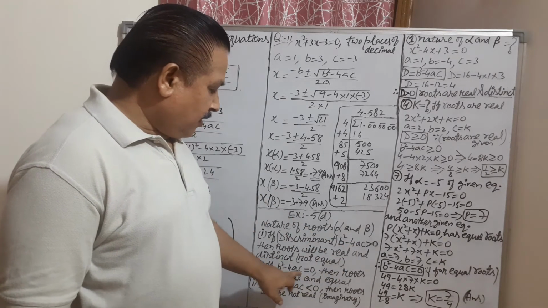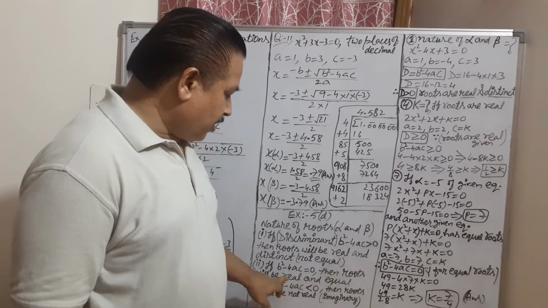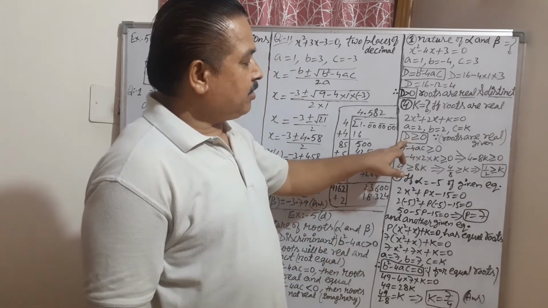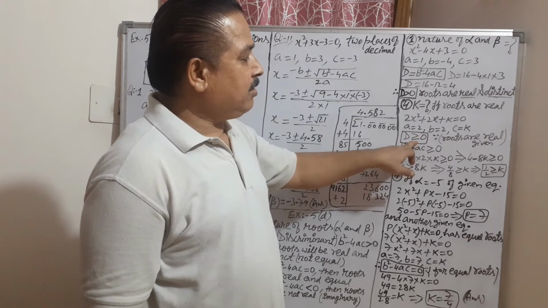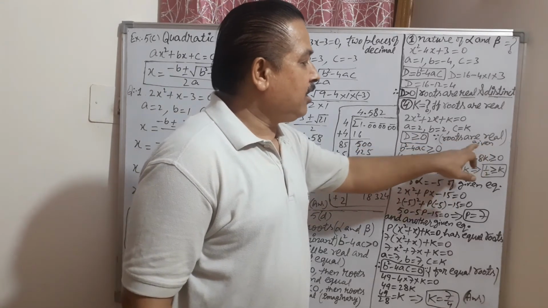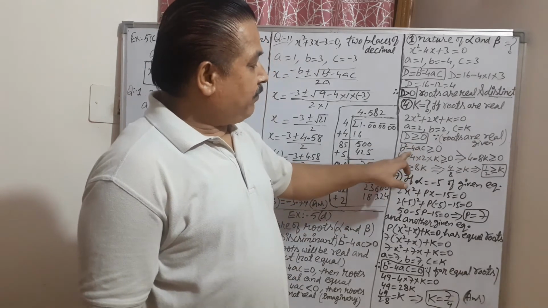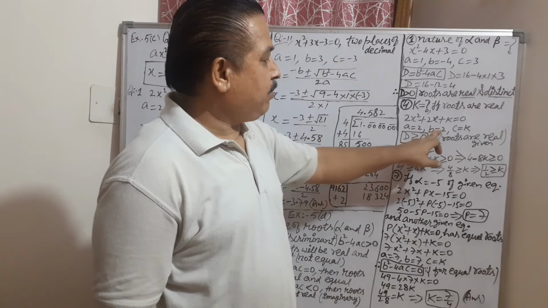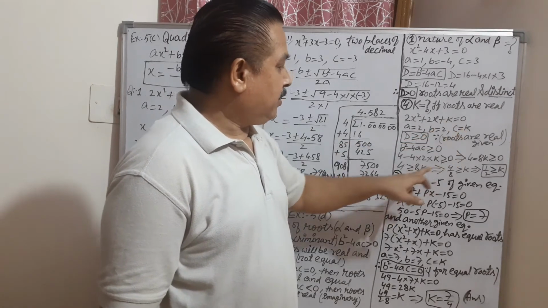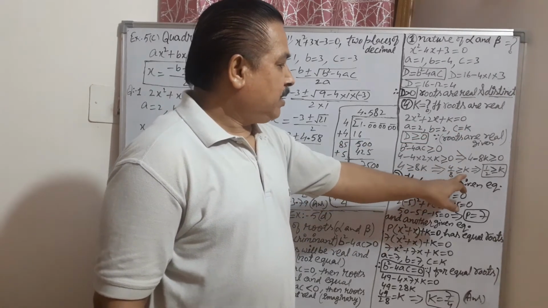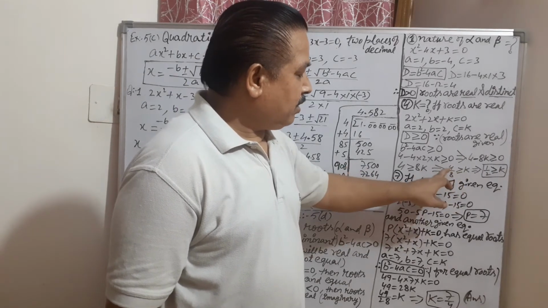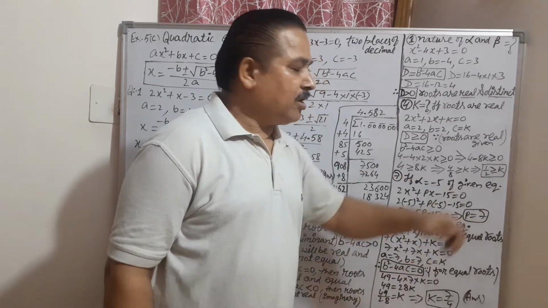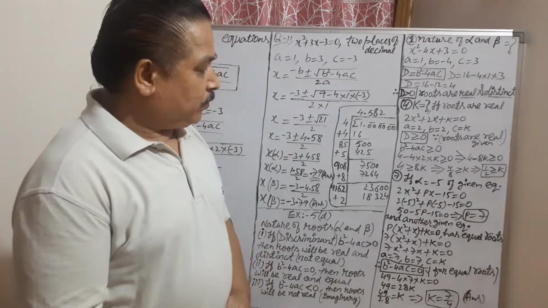And in another case, second case, here also roots are real when discriminant is equal to 0. So both conditions we will take. Discriminant is greater than 0 and discriminant is equal to 0. Roots are real, given. So put the value here. b square minus 4ac is greater than or equal to 0. a, b, c are here. c is k. So k will come after solution 1 upon 2. So k is coming less than or equal to 1 upon 2.